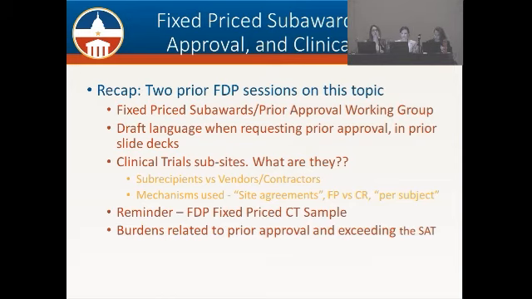and what happened was NIH revised their grants policy statement. It was the October 1st, 2016 version, which included the fact that we had to request prior approval. And actually, there wasn't a formal announcement about it. You had to look at the significant changes document in order to find that they had made that change. And so this was a big deal. Sam Ash from NIH was here, I guess it was over a year ago, where we started asking him questions about that, and indicating that this is going to be problematic for clinical trials.